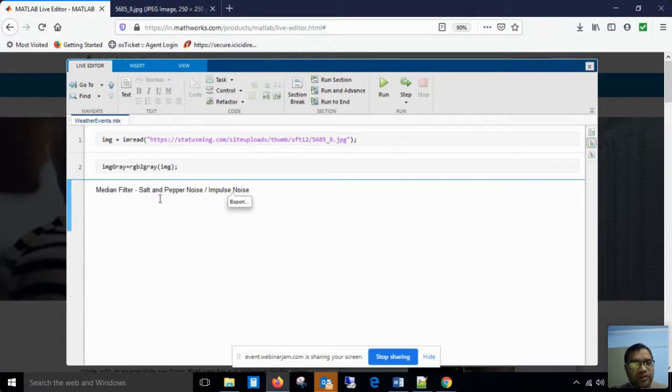You can introduce a noise factor in your image using the MATLAB toolbox. So just see what your input image is.